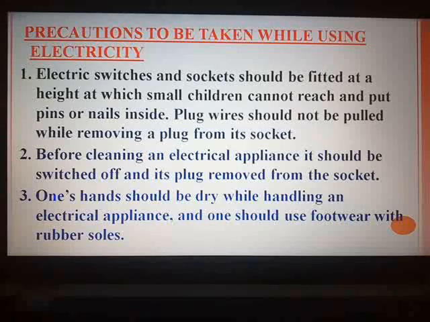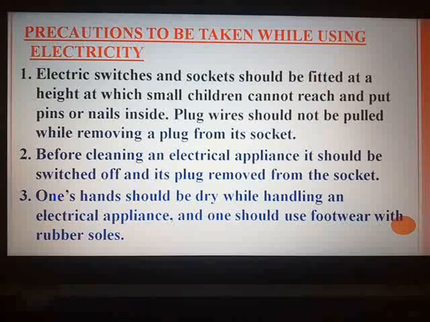Do not make use of your hands even if the person is your near and dear one, because it is very dangerous. If you touch the person who is getting an electric shock, you will also get stuck to him, because your body will also start conducting electricity and the outcome will be a negative one. So make use of insulating materials like wooden poles or plastic stools to put the person away from the main